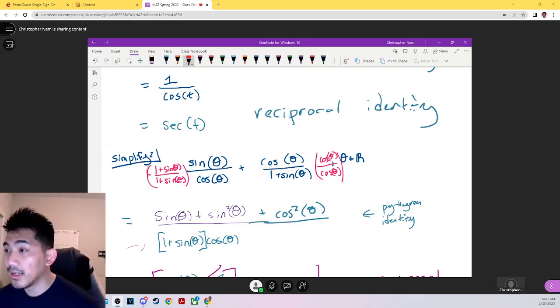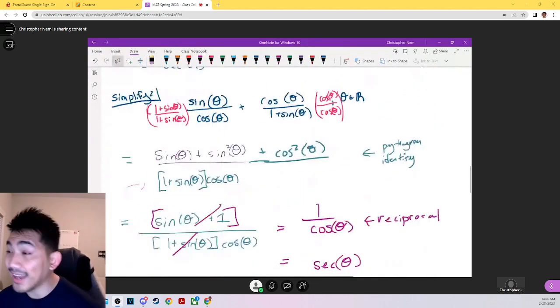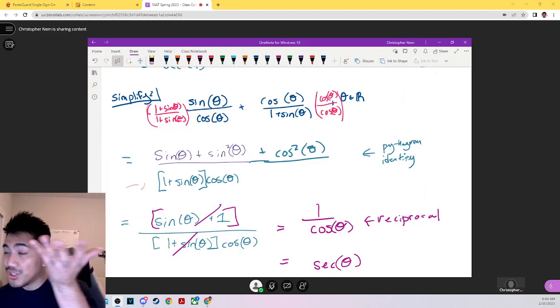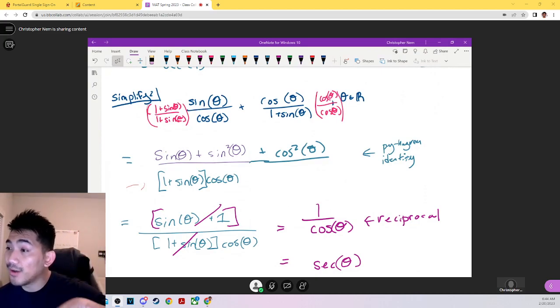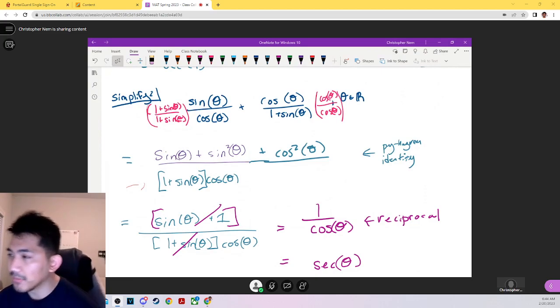So in this case, the numerator is not simplified, so I'm going to apply the Pythagorean identity for sine squared theta plus cosine squared theta. I might have to invoke the commutative property if they were rearranged. But doing so, I have sine theta plus 1 over 1 plus sine theta plus cosine theta. And then that's where the cancellation happens because we're just multiplying at the end of the day. We have one giant term on top and one giant term on the denominator because they're all multiplication. The addition is part of a giant group, so it doesn't count as its own. And I can simplify this to 1 over cosine theta, and then you get secant theta, like the last problem,